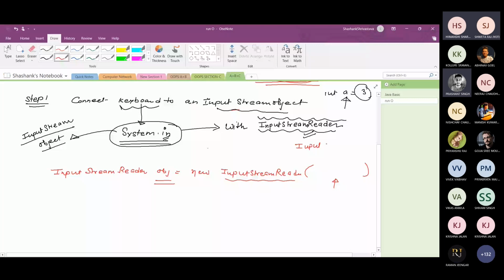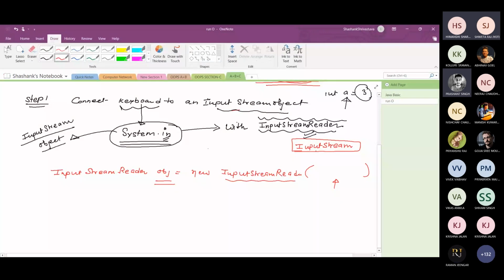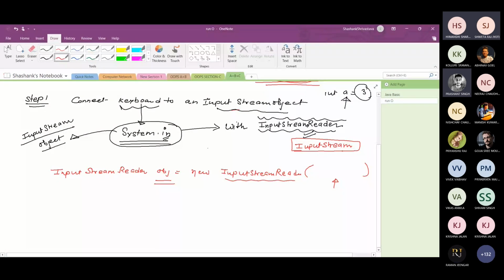मतलब input stream reader class का constructor एक ऐसा कंस्ट्रक्टर डिफाइंड है जो कि इनपुट स्ट्रीम टाइप के वेरिएबल को ले सकता है. एंड इफ दिस कंस्ट्रक्टर कैन टेक इनपुट स्ट्रीम टाइप ऑफ डेटा, तो वी कैन पास system.in here, so we just pass the system.in object reference here.